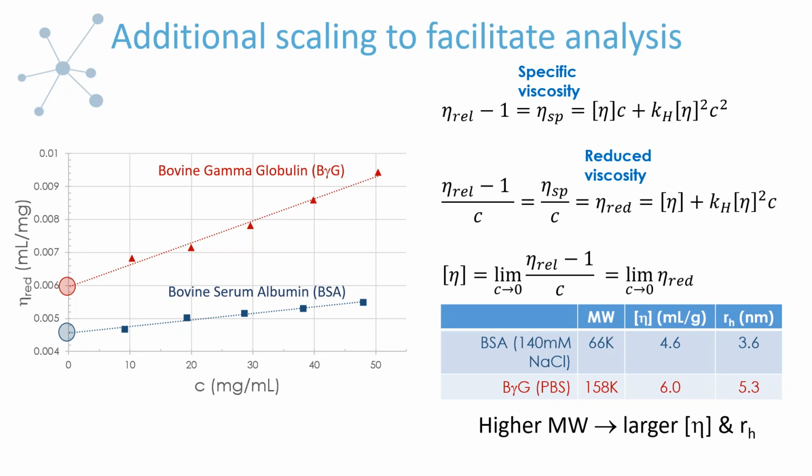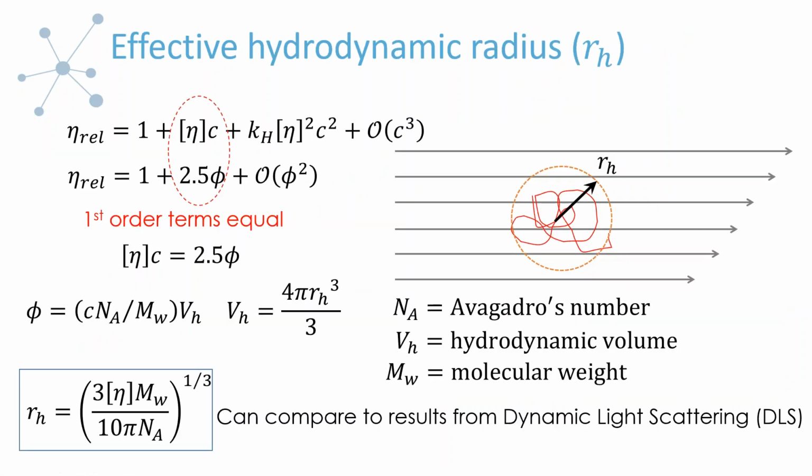But there is also something you can do with the intrinsic viscosity to take it a step further, and that's to use it to calculate or estimate hydrodynamic size. So just to quickly remind people of one way, if they wanted to get the intrinsic viscosity, this is something that you might potentially want to do with this. So the expression for the hydrodynamic radius is actually quite straightforward to get. So we just take our two expansions that we saw a couple slides ago.